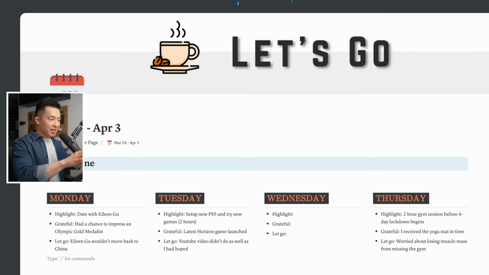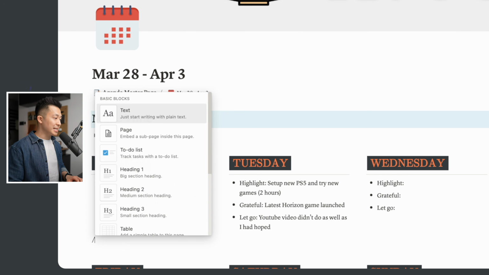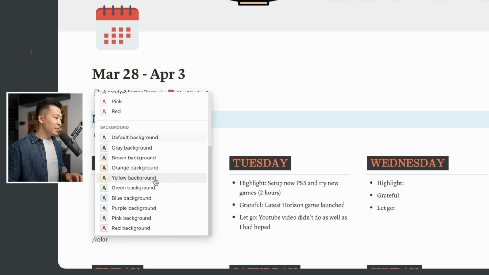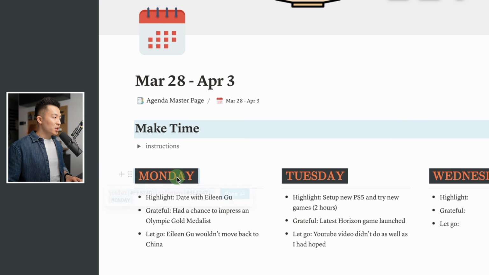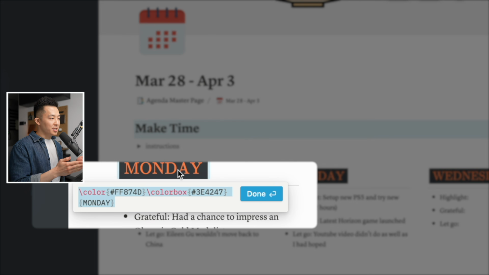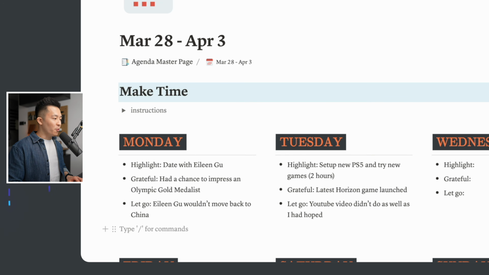Now, this next part, these weekday headers, I'm particularly proud of this because usually you're limited to the default colors provided by Notion, for example, /color, and this is what you have to work with. But if you click into these headers, you'll see I use an inline equation to change the colors of the word and the background. If you want to try this yourself, simply copy this, find an empty row, /equation, enter,